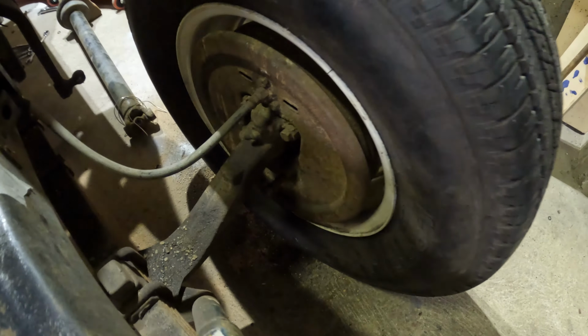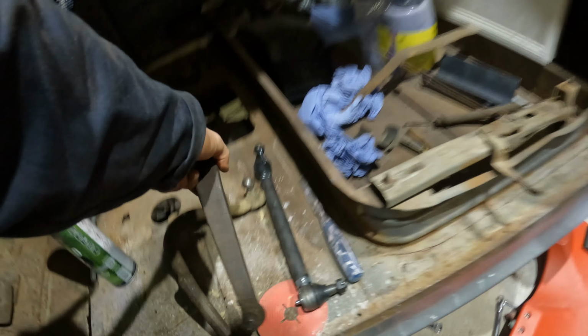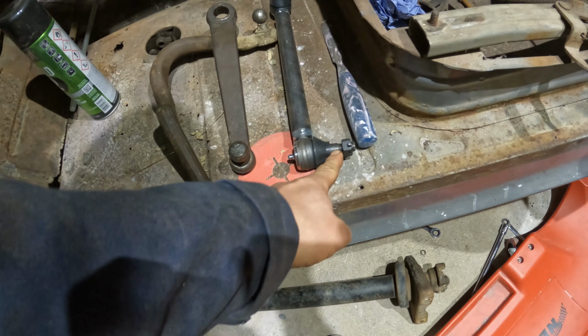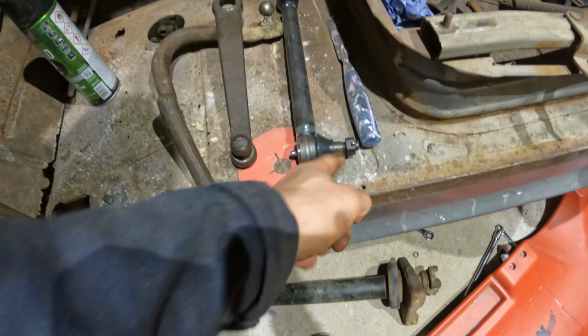So I've taken that steering arm off now. That messed me up a little bit. But yeah, the steering arm and the pinion arm, they're ready to go to the machine shop, have the balls taken out and be made ready for these tapered parts. I've taken the drive shaft out,